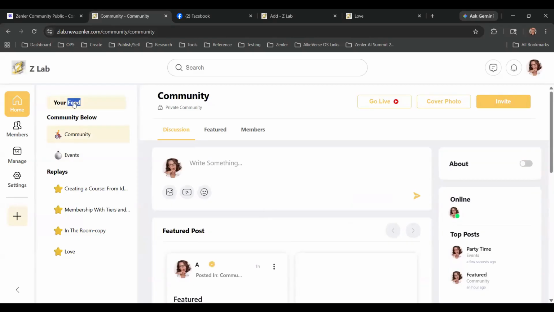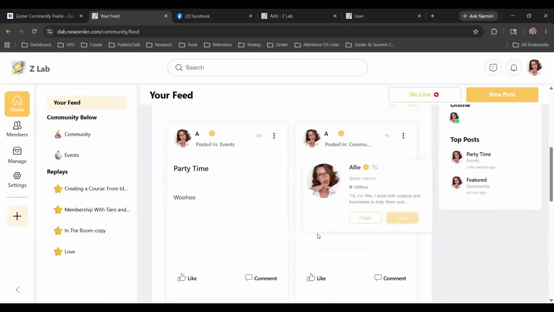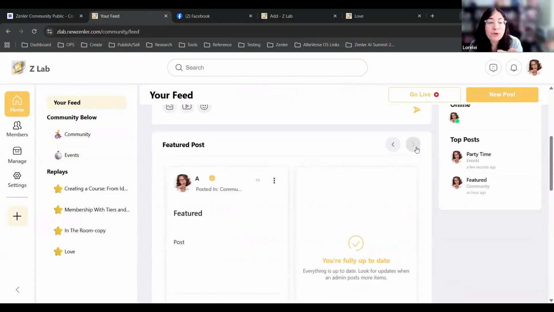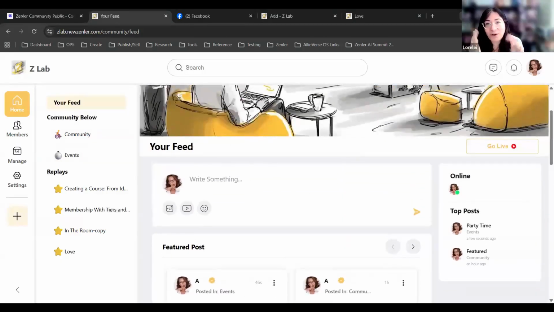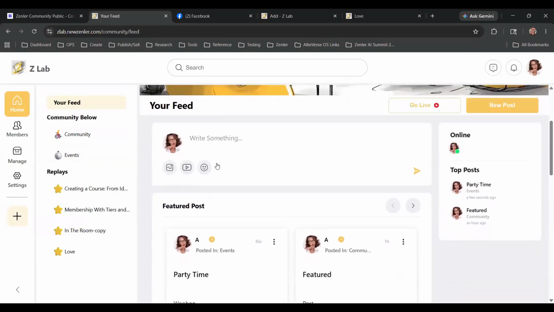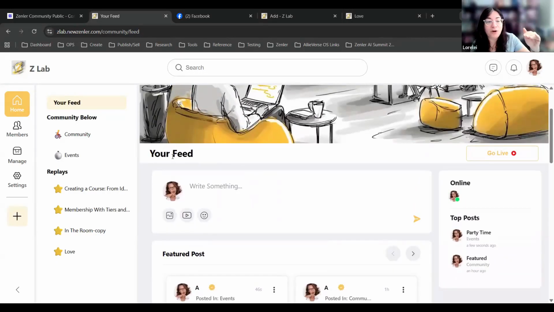When we first enter community, we come in your feed. When you're in your feed, every featured post from every community within those communities is posted up here, right? I can name your feed all updates, because then it'll be all the updates, like anything that anybody posts. For me, it would be all updates from all of the communities that I belong to, which would be communities and events.